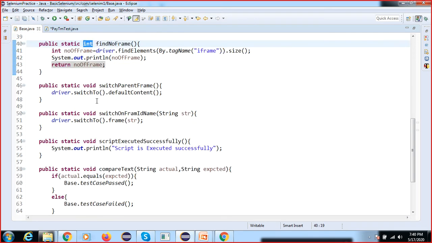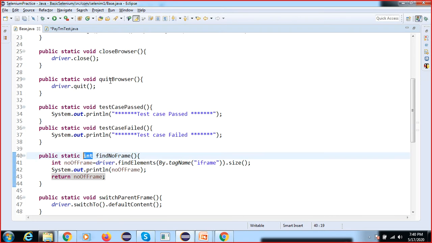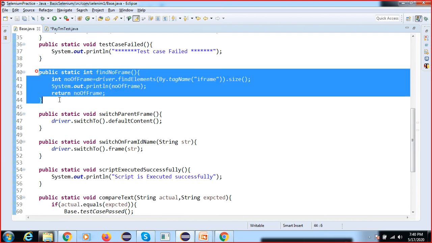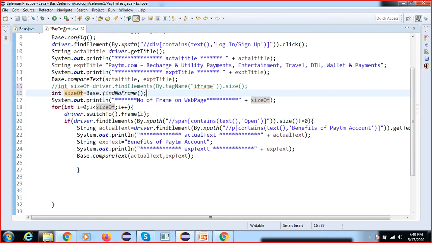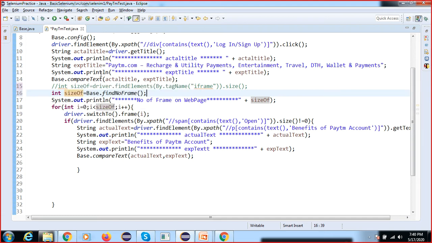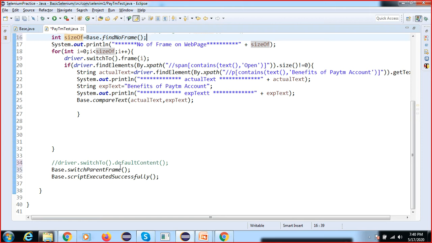Today, whatever new method I have added, all the code I will send you, but you have to understand this. You can see if you execute, this will work. You should not write this code again. This is repeated, and I want to avoid the repeated task. So now you can see this find element.